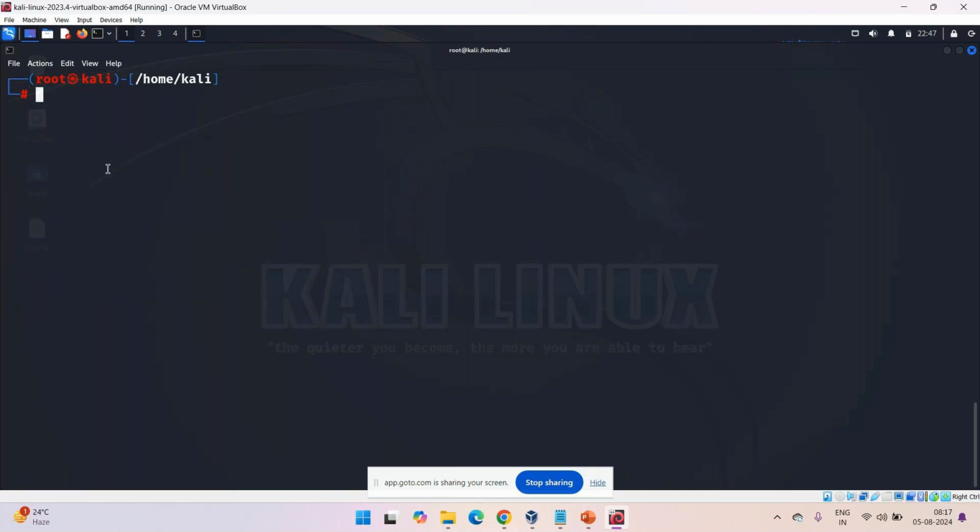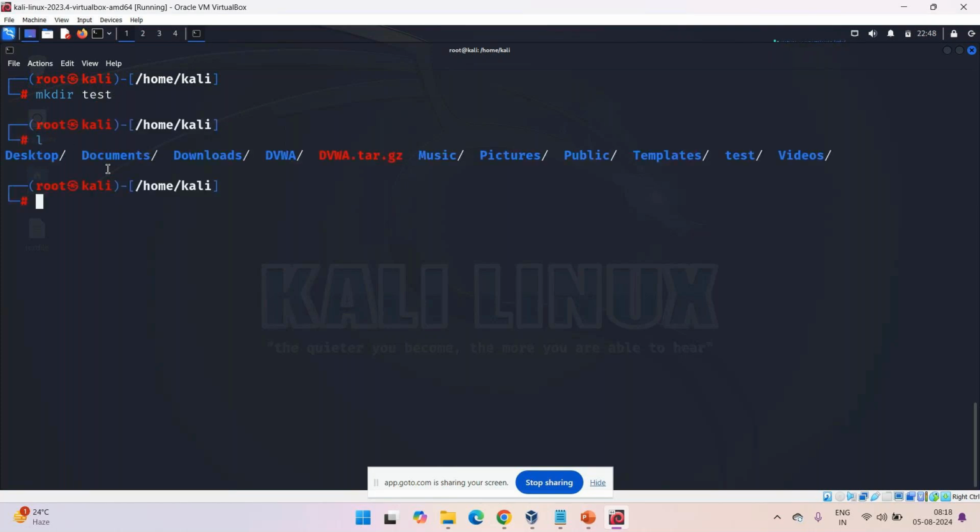The next thing is, let's create a couple of directories. If I want to create a directory over here, you can use mkdir, which is make directory, and then a space, and you can give the directory name. I want to create a directory called test, and if I give ls, I can see that there's a test